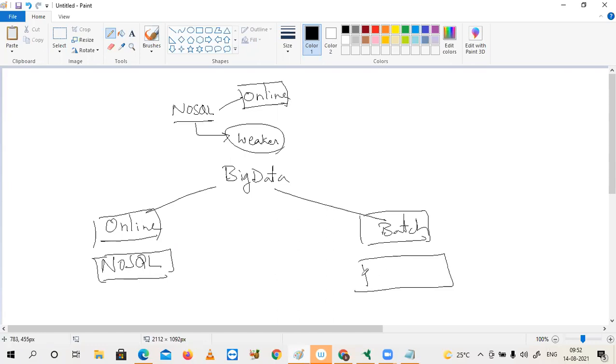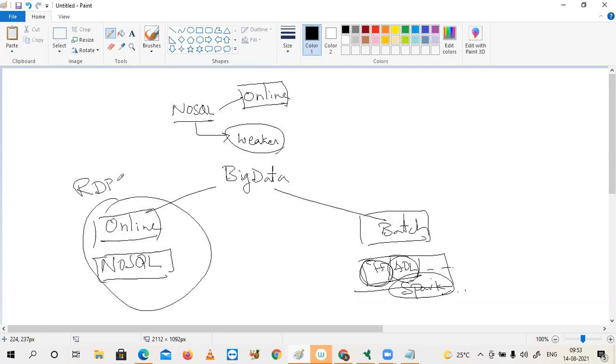In the case of batch, use Hadoop or Azure Data Lake or Synapse, or some other solution. For storage, Hadoop or Data Lake, and for processing, Spark. You cannot imagine RDBMS in big data online.